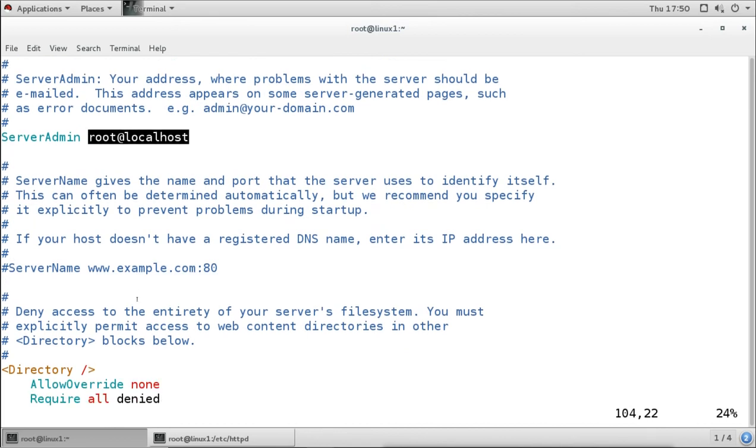Then here it defines the server name, and that is not defined. Because of this, it is not able to identify the server, because you can see it is commented and it is not applying here. So we have to make sure that we give the server name here, so that it will know the server name, what is the server we have. So every time we restart or start the services, it is not going to try to find it, because it knows it here.